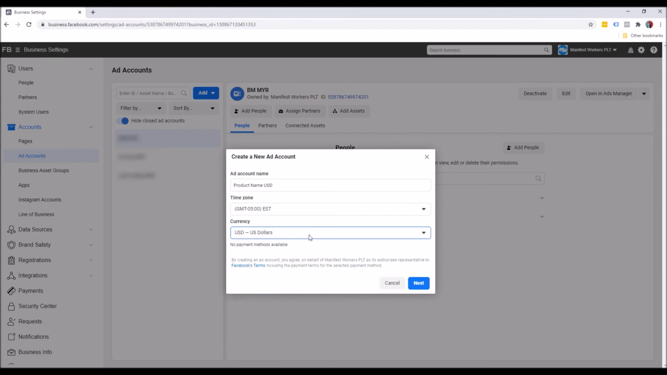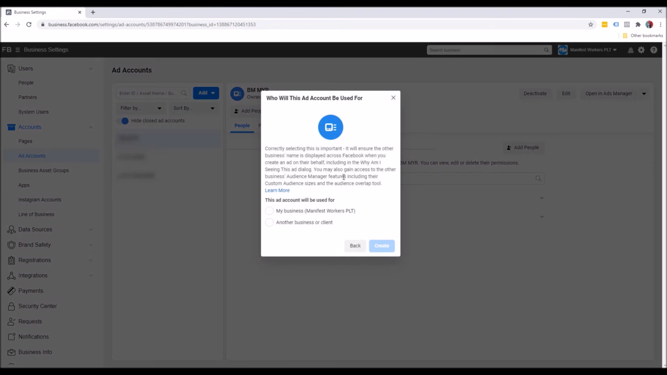Now, there's no right or wrong here. You can put it in whichever currency that you're comfortable with. It could be Sing dollars, it could be pounds, Australian dollars, it's totally up to you. There's no advantage whatsoever. So once we're done, we will click on next, and you're going to be asked a